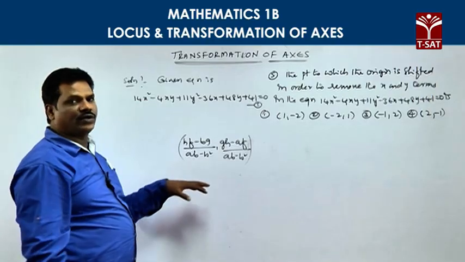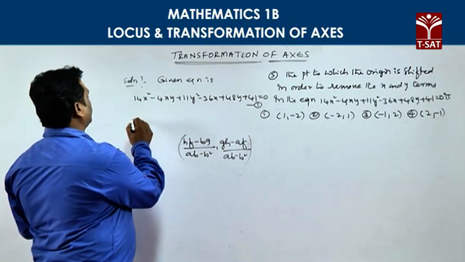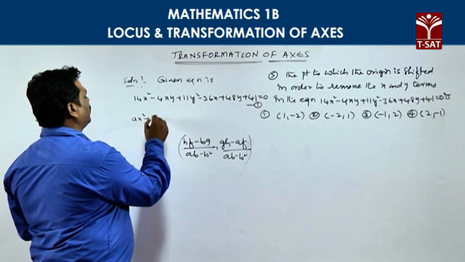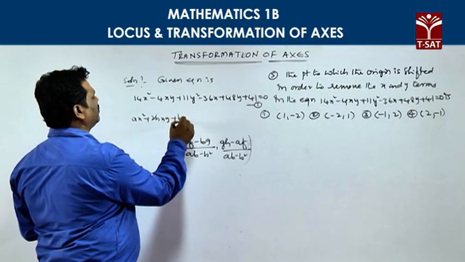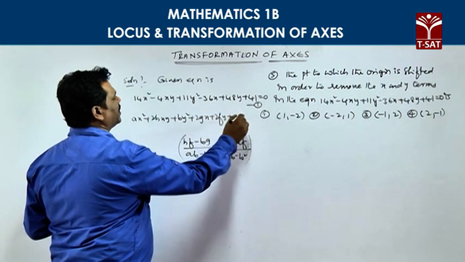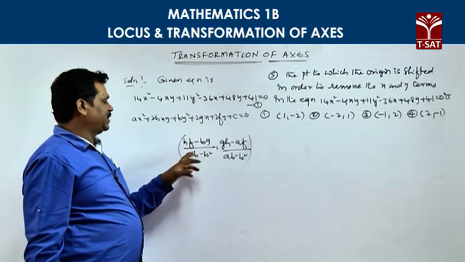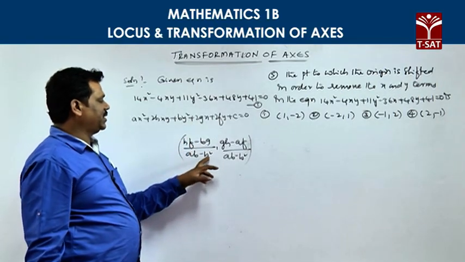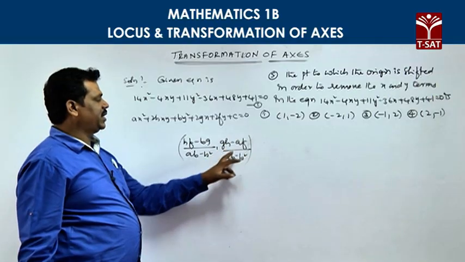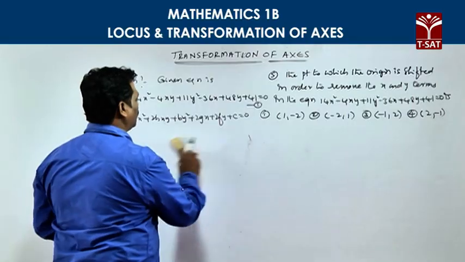To remove the x and y terms in the equation ax square plus 2hxy plus by square plus 2gx plus 2fy plus c equal to 0, we get the formula (hf minus bg) by (ab minus h square), (gh minus af) by (ab minus h square). Comparing these equations,